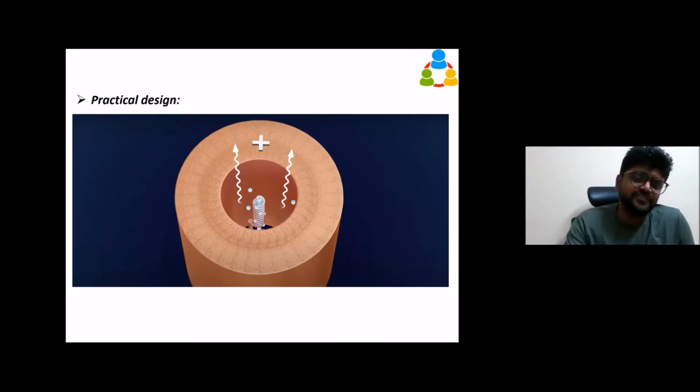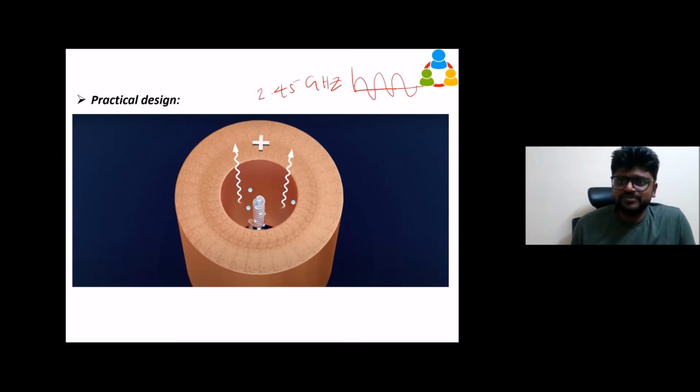But this is not sufficient. Even though we produce electromagnetic waves of frequency 2.45 gigahertz, which is classified as microwave, this microwave is not sufficient to boil our food. Why? Because it's not carrying that energy. So what determines the energy of a wave? The amplitude. You can see the electromagnetic wave here, called a transverse wave. I'm only drawing the electric field because that is the only part that is going to work for us.